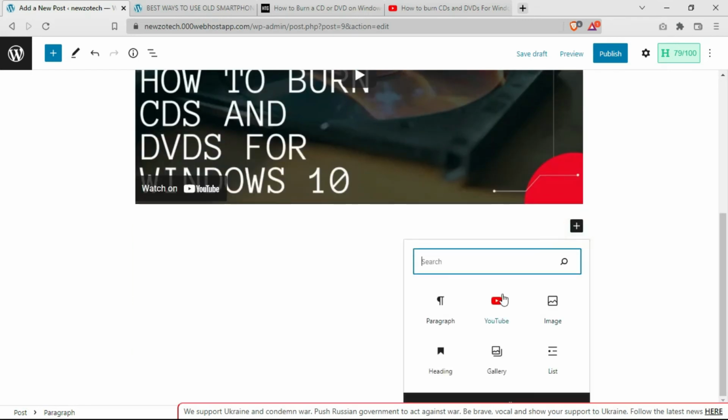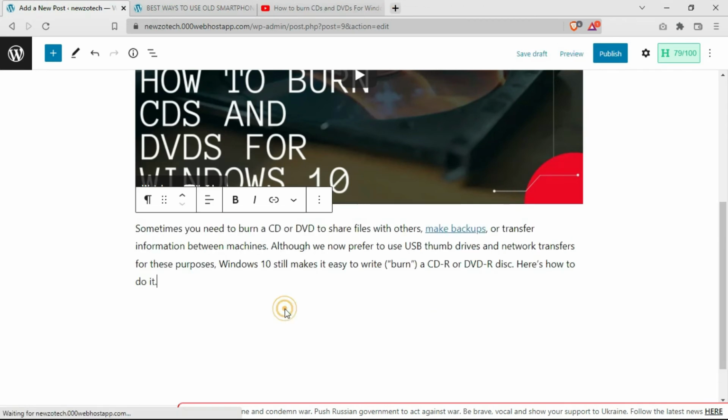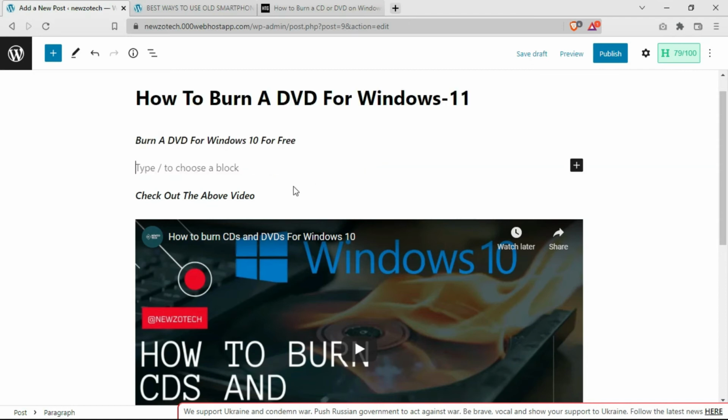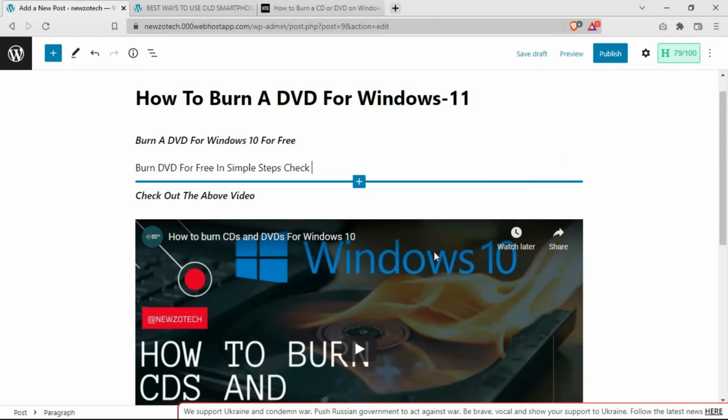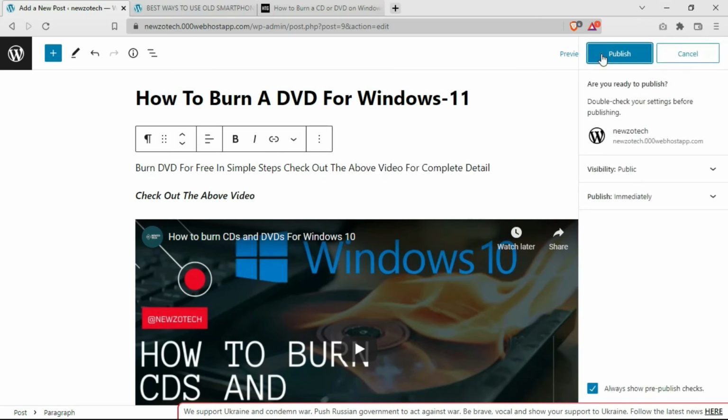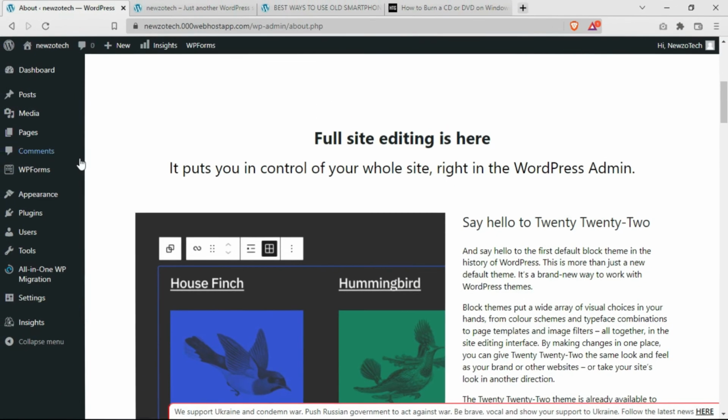So let me show you other options like paragraph. Here you can write a paragraph. You have a lot of things to explore in WordPress. You can learn it by yourself too. Now we will publish,